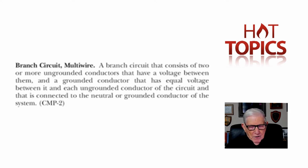circuit, multi-wire. And it reads, a branch circuit that consists of two or more ungrounded conductors that have a voltage between them, and a grounded conductor that has equal voltage between it and each ungrounded conductor of the circuit, and that is connected to the neutral or grounded conductor of the system. And then, of course, you can define what a grounded conductor is. That's usually a corner grounded, where you take an ungrounded conductor and ground it, or a neutral as defined in Article